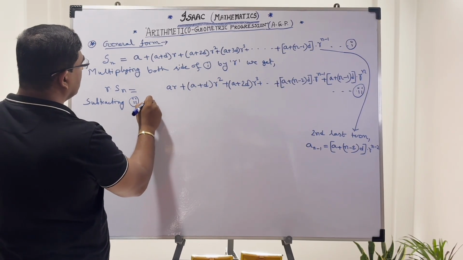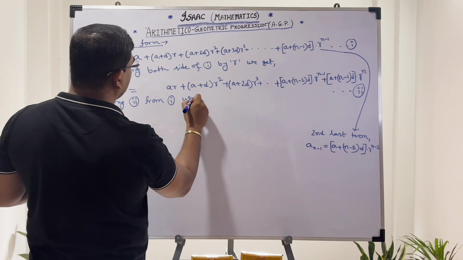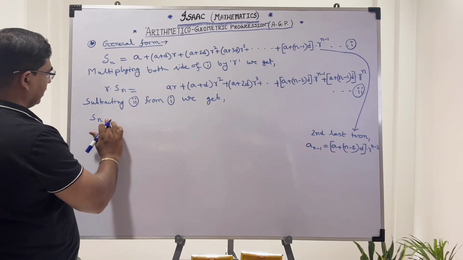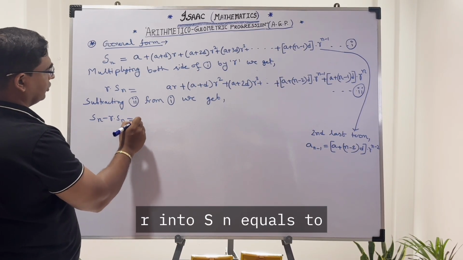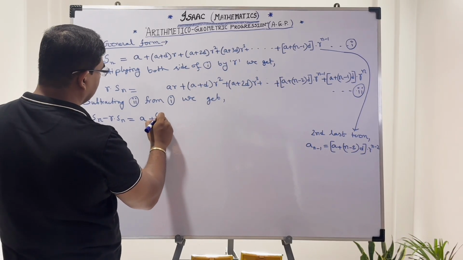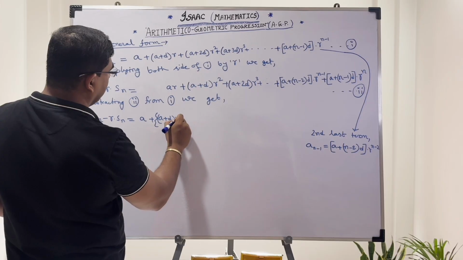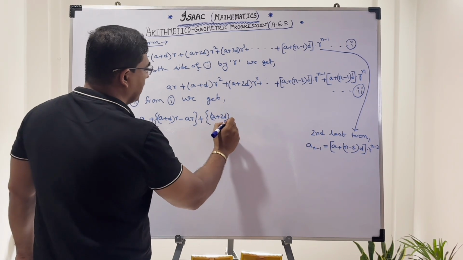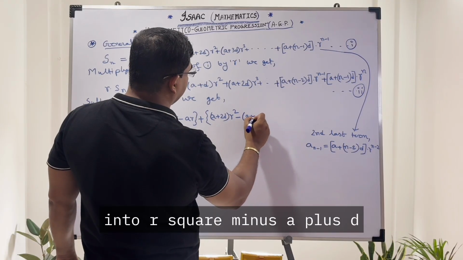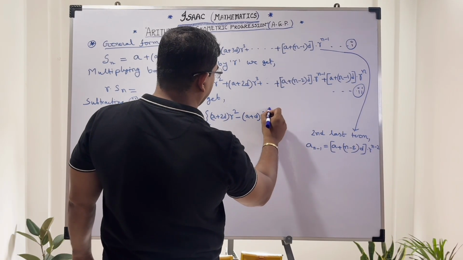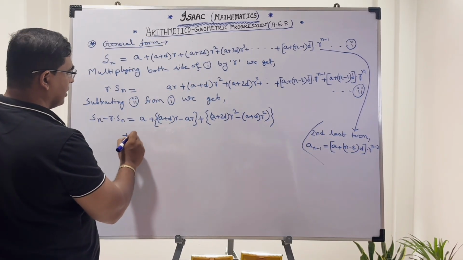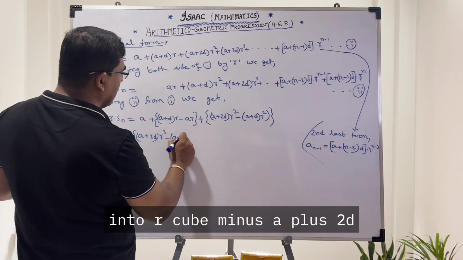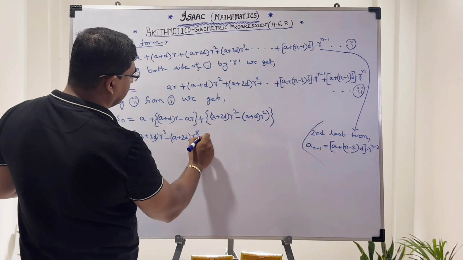Subtracting 2 from 1, we get Sn minus R into Sn equals to A plus D into R minus AR plus A plus 2D into R square minus A plus D into R square plus A plus 3D into R cube minus A plus 2D whole into R cube, plus continuing